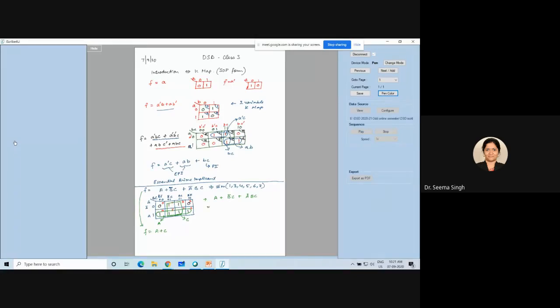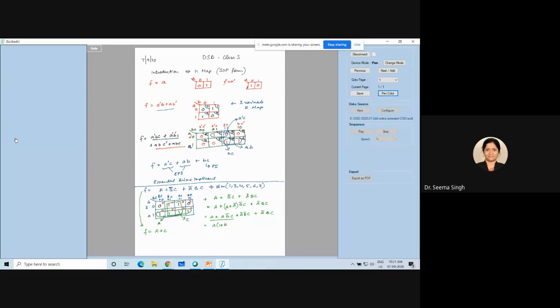Okay, so here what do we do? Just to simplify in Boolean expression way, B bar C can be multiplied with A plus A bar. And this B bar C comes into picture. I am multiplying it just to simplify, okay? So this one becomes A B bar C after opening the bracket, and this is A bar B bar C after opening the bracket. B bar C, one time A and one time A bar came, and this A bar C remains as it is. So what we can see now, in this we will take A common.